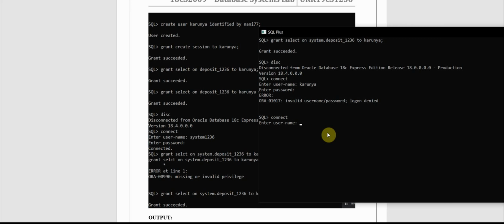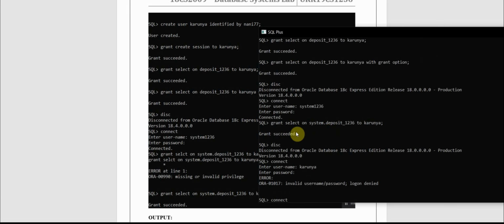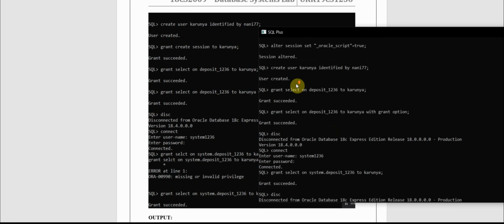Connect to the system user. Okay, I need to alter this again to drop or create or deposit.